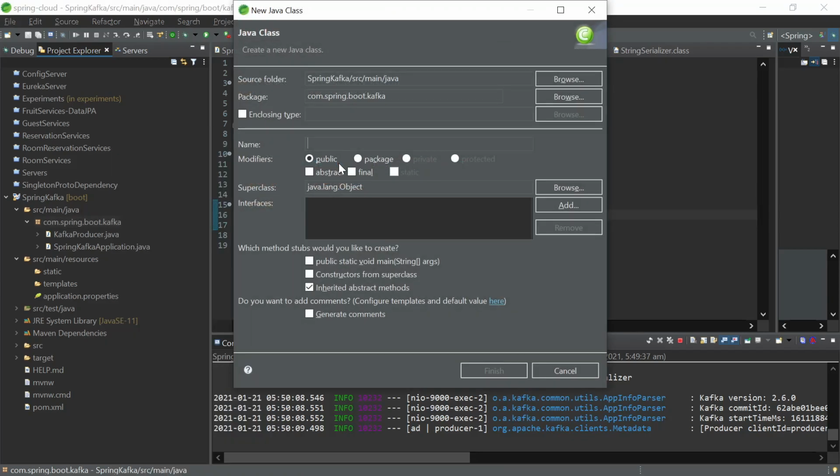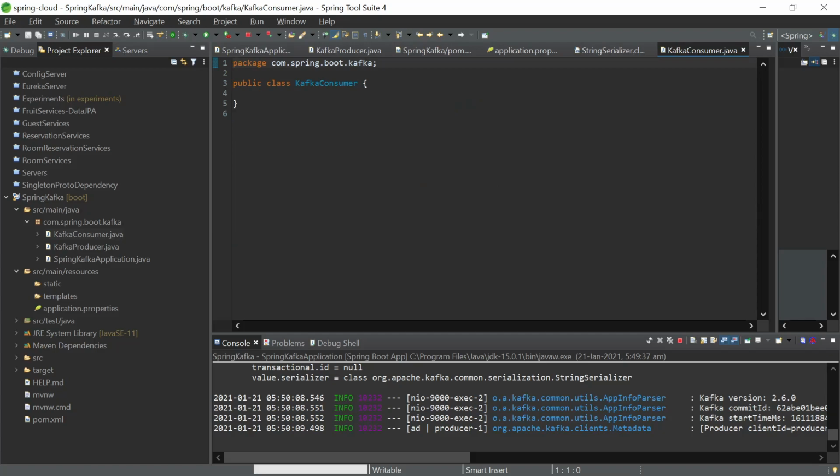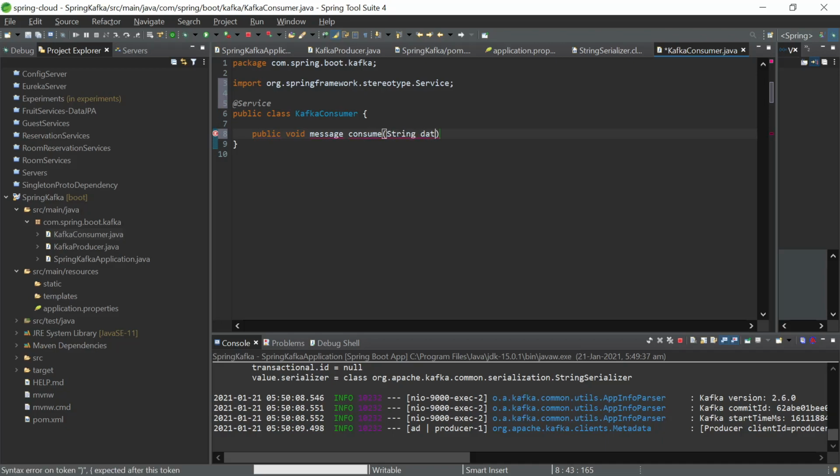So creating the consumer is pretty straightforward as well. This needs to be a service, and let's create a method. And what we are going to do here is just a sys out consumed.